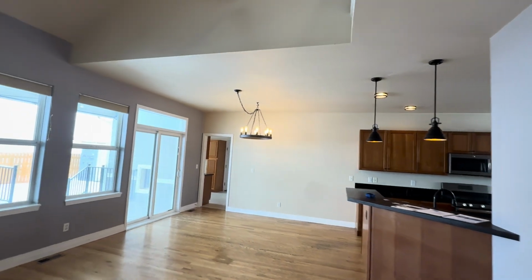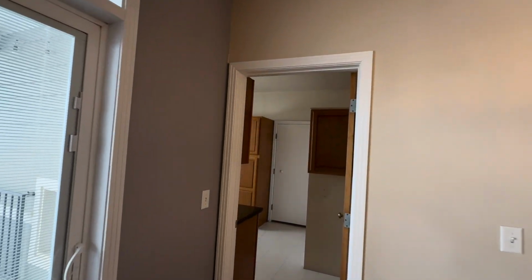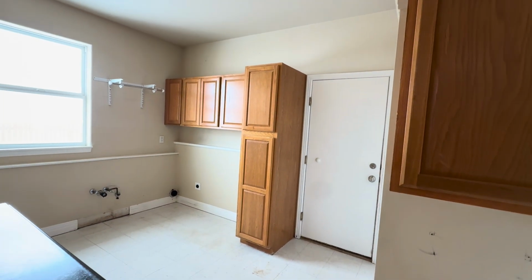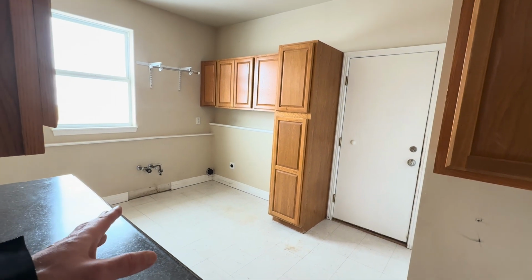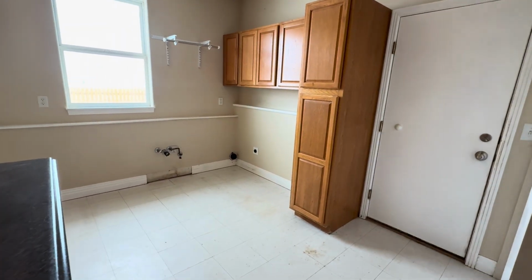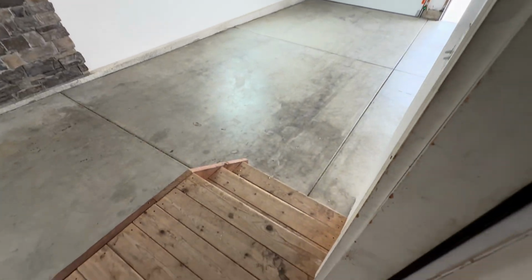So let's continue on this main floor real quick, because I do want to show you this other area. This is probably a super usable part of the home, which is going to be this area here. So this is your laundry room hookups and what my wife calls the drop zone, because this is your garage door right here. So as you come in from the garage, you come up those stairs right there into the